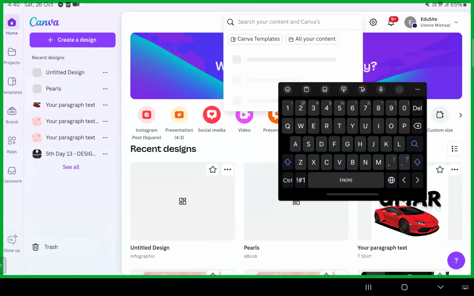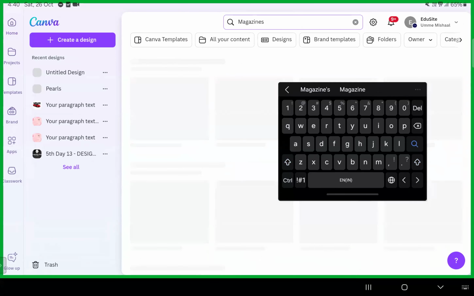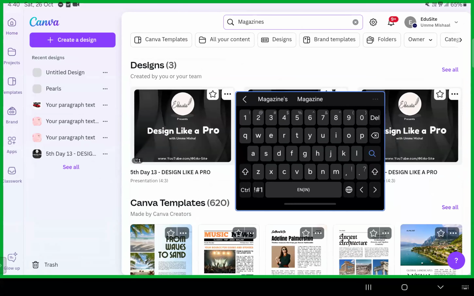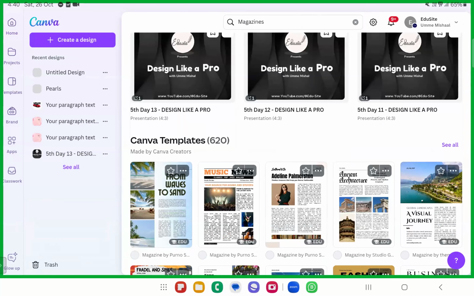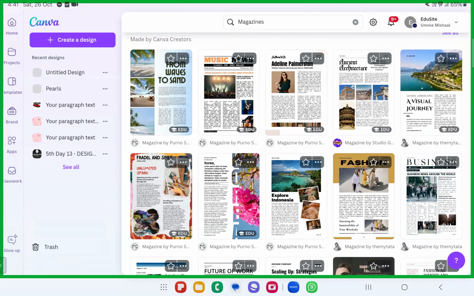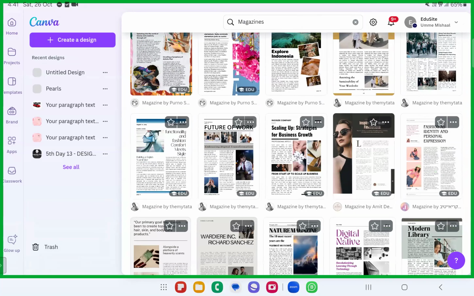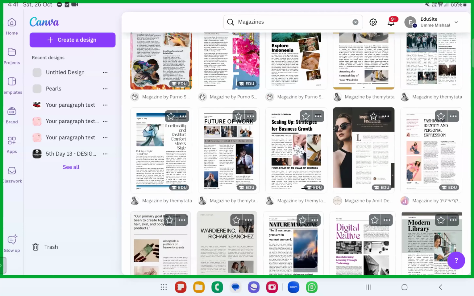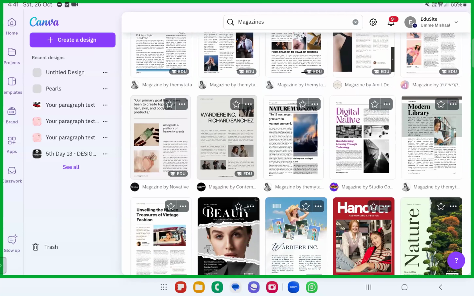You have at hand. Usually in the magazines format, dear sisters and brothers, what you have to do is you have to have multiple pages, 30 to 40 pages, 20 to 30 pages. You know, magazines, there are 620 magazines that are put up here. All are pro and all are easily accessible for you. You just can go ahead, and if you are looking to create a magazine or something like that, you can just go ahead with these magazines and create.